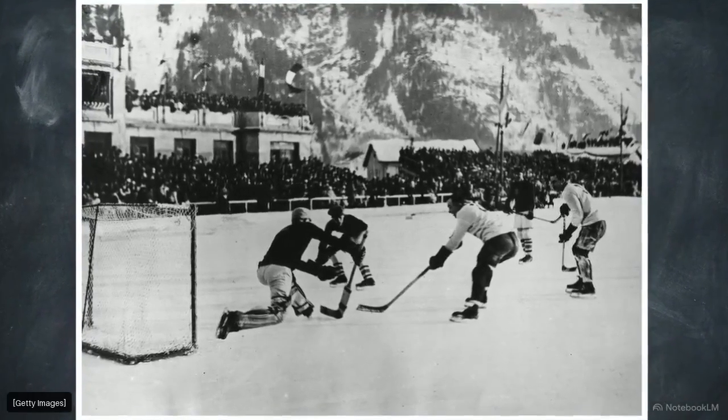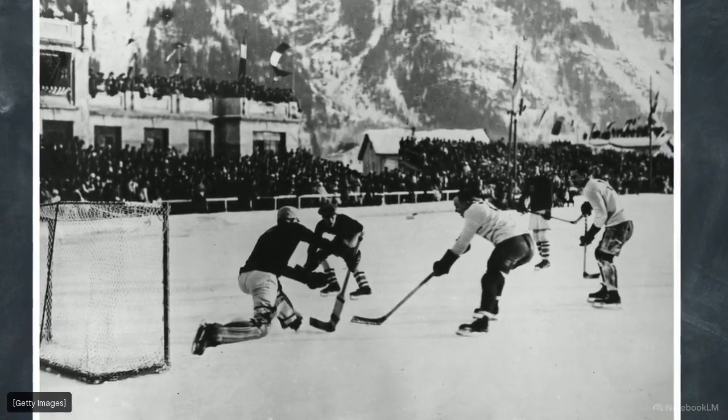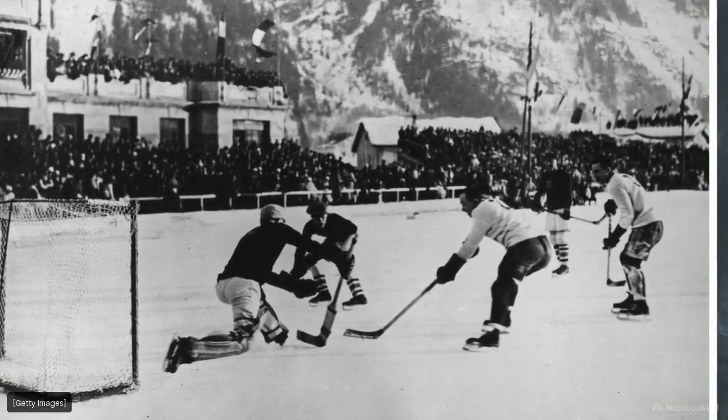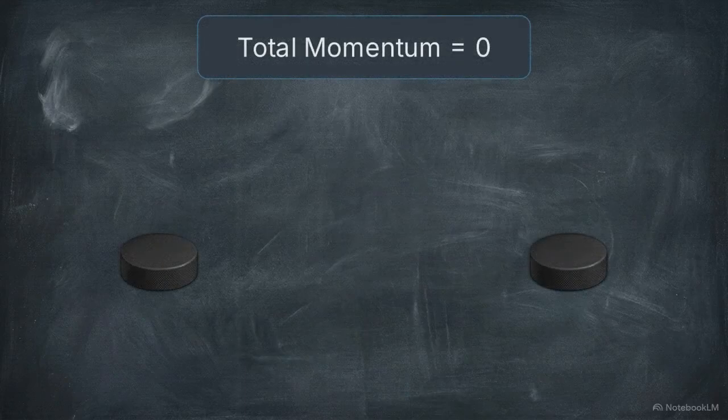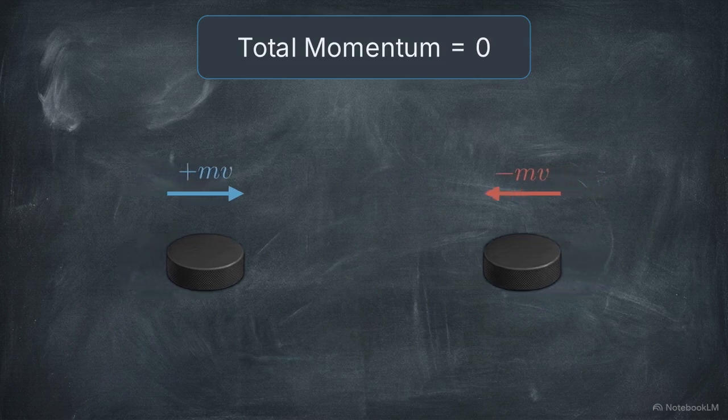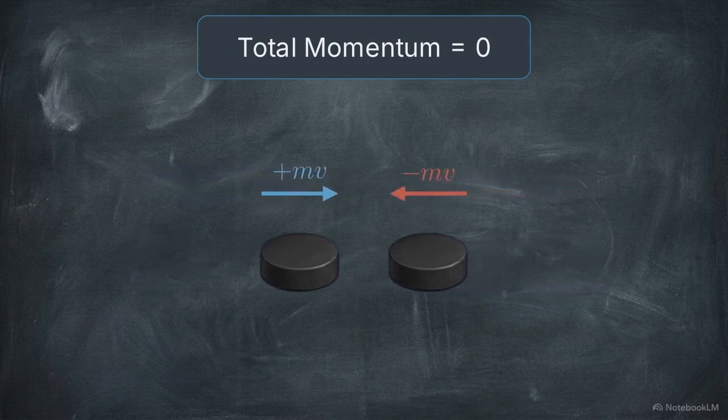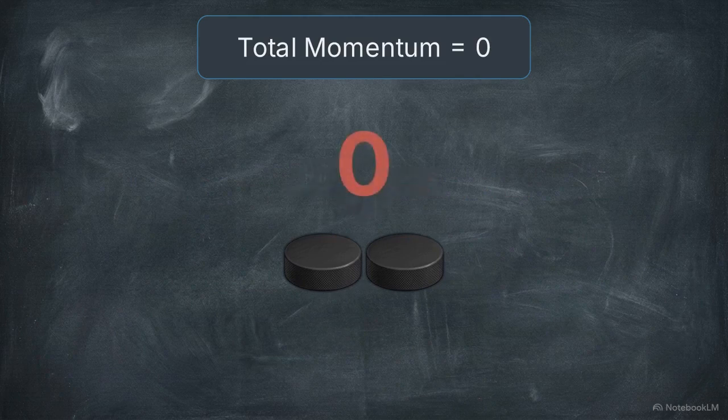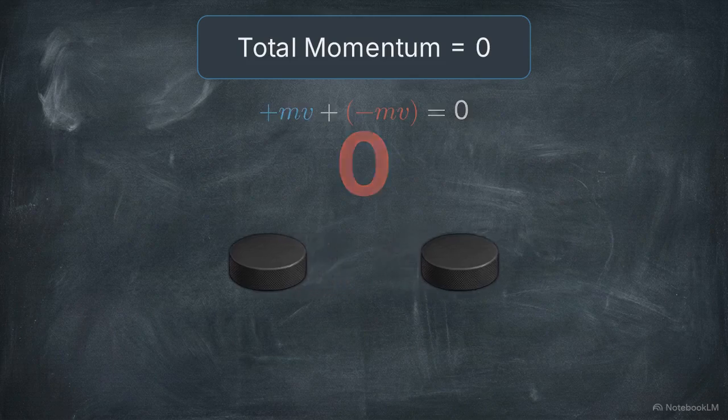We establish the baseline rules of one-dimensional linear motion by looking at a nearly frictionless environment. This overhead diagram visualizes momentum as a vector, meaning direction directly dictates the math. If two identical pucks move toward each other at the exact same speed, one carries a momentum of positive mv and the other carries negative mv. If they hit dead-on and stick together in an inelastic collision, they stop completely. Their total combined momentum of the system, positive mv plus negative mv, remains exactly zero.